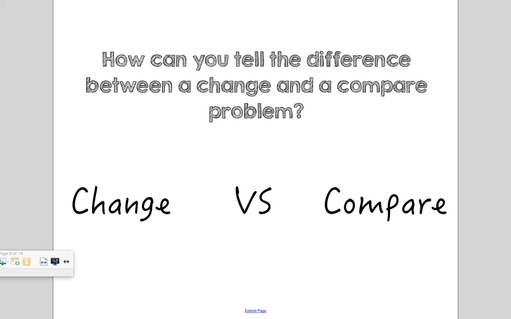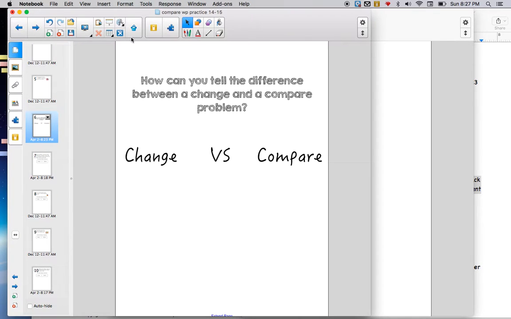So I'm going to have to go out of full screen for a minute and maybe just sort of draw that for you. So for example, in a change problem, typically,